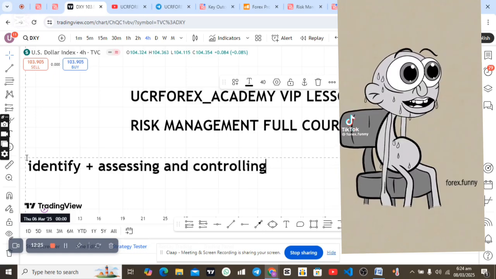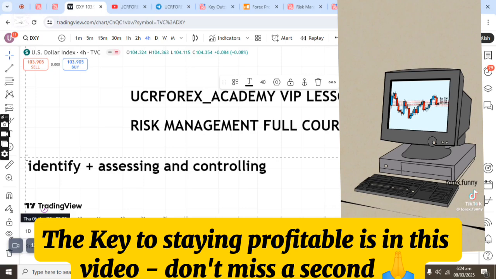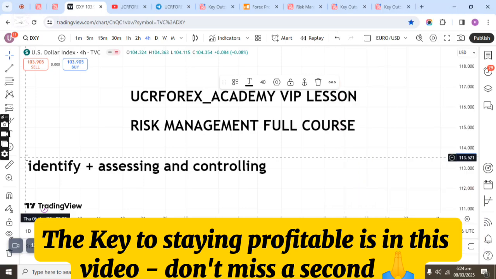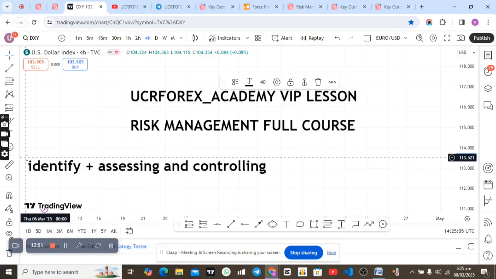And then you need to understand what is risk management. That means that you have struggled to understand what is risk management, or maybe your risk management is so poor. So let's say you're also the type that whenever you open a trade and the market is running in your favor, at the end of the day, you see that you made a profit. The next day you lose. The next day you make profit. The next day you lose. The next day you lose. And at the end of the whole day, you find out that your profit is small and your losses are too big. That means your risk management is so poor. And there are certain things you have not been able to identify and assess.